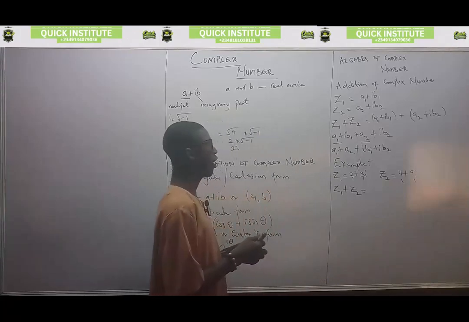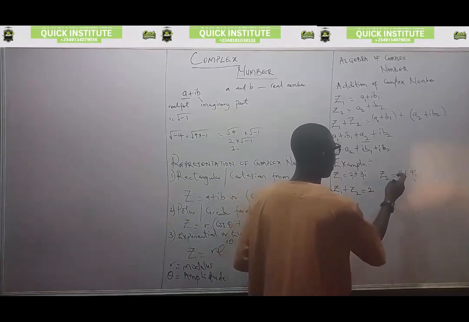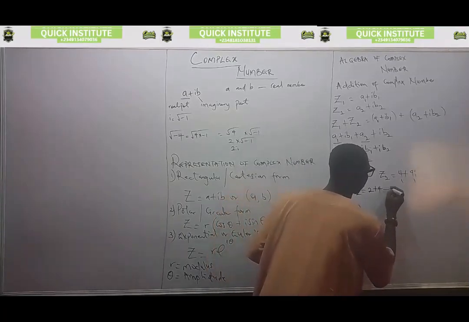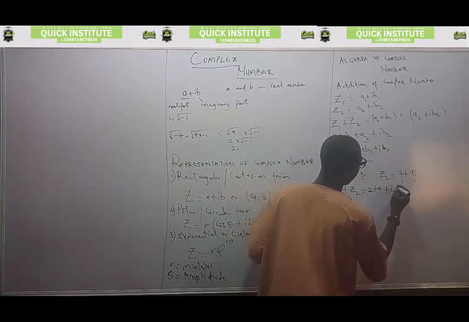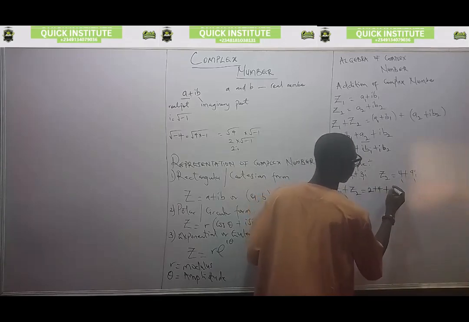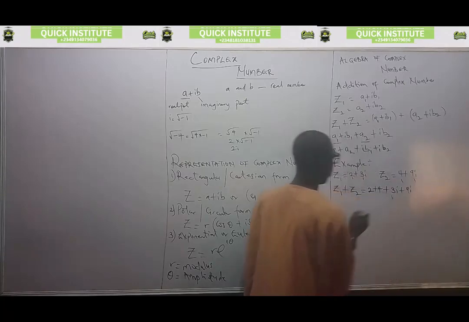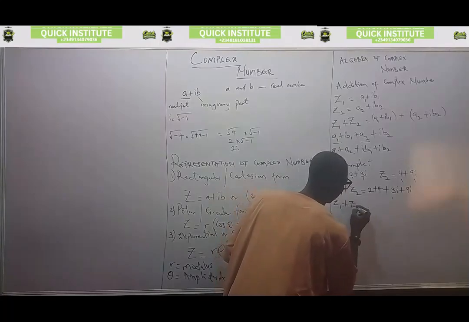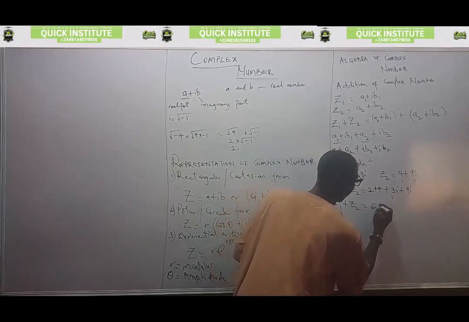Okay, so we have a1 plus a2. a1 here is 2, and a2 is 4, right? Plus we have ib1, where b1 is 3i, plus b2, which is 9i. So here z1 plus z2 equals what? 2 plus 4 is 6, plus